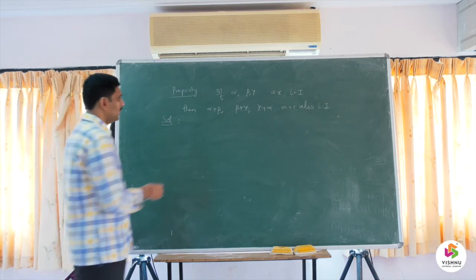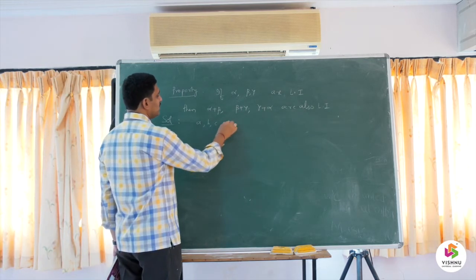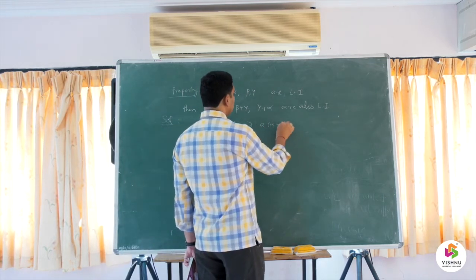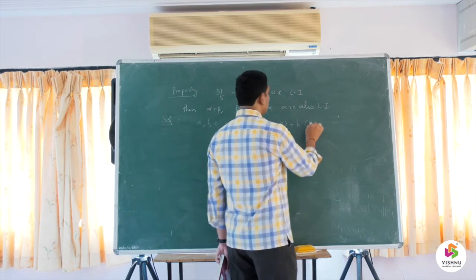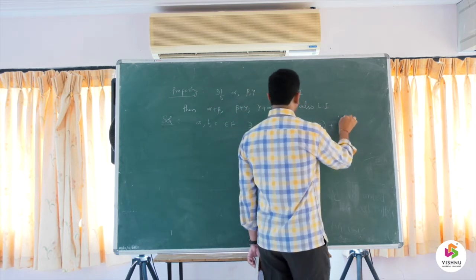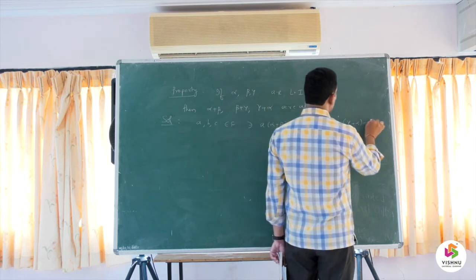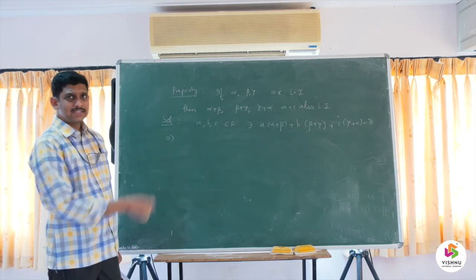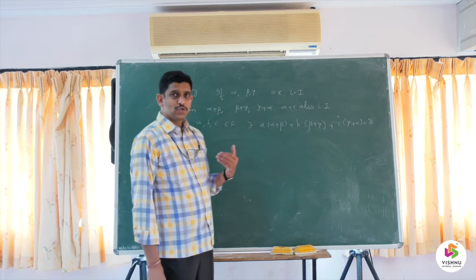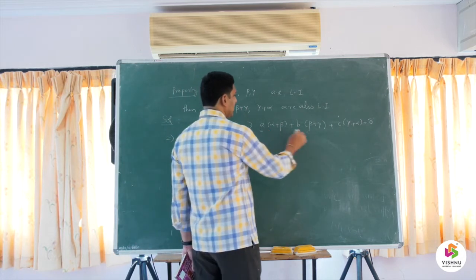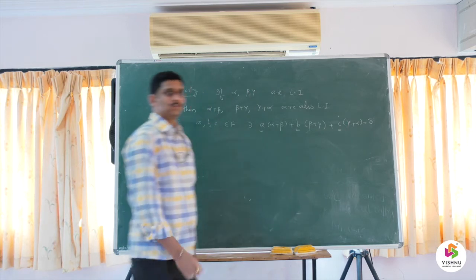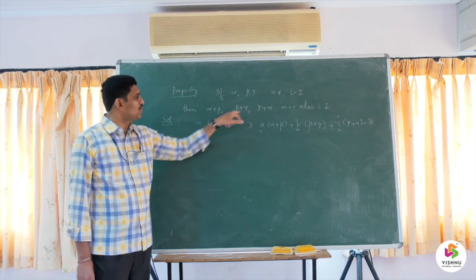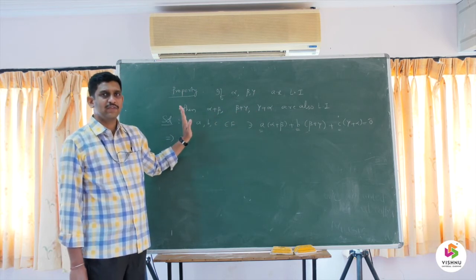So take the scalars first of all. You take that A, B, C belongs to F such that A into (alpha plus beta) plus B into (beta plus gamma) plus C into (gamma plus alpha) equal to 0 bar. Now let us add the values. So our intention is to show that the scalars taken by me, that is A, B, C, must be 0. If I proved that, then as per the formal definition, these vectors are also linearly independent.